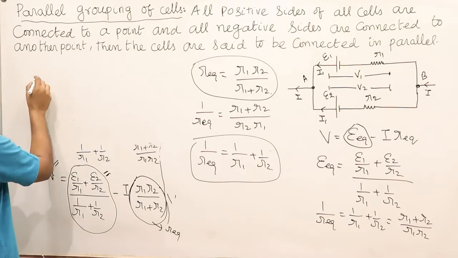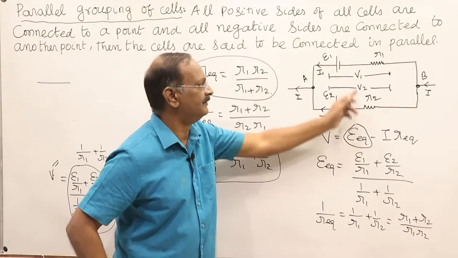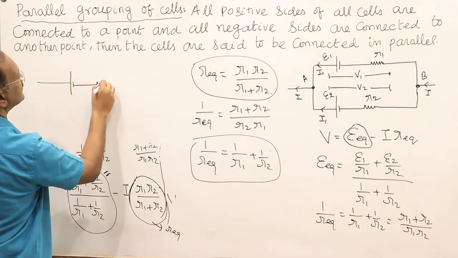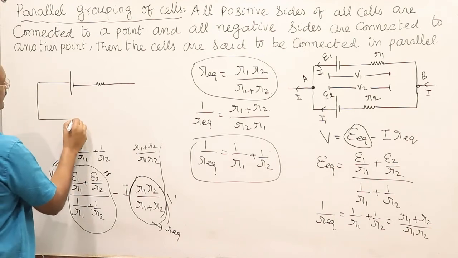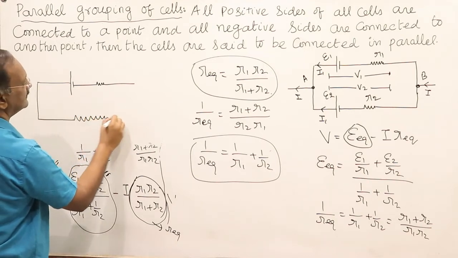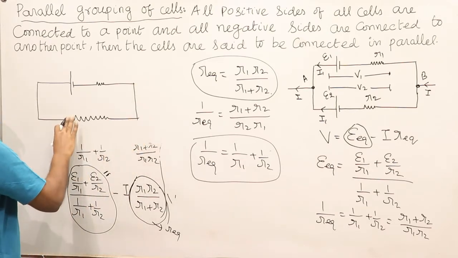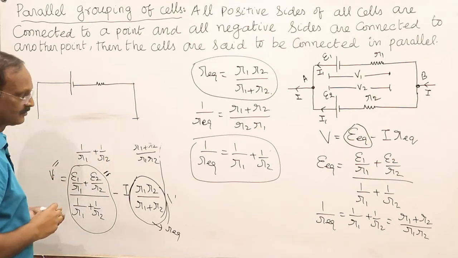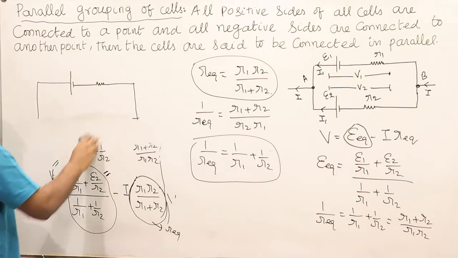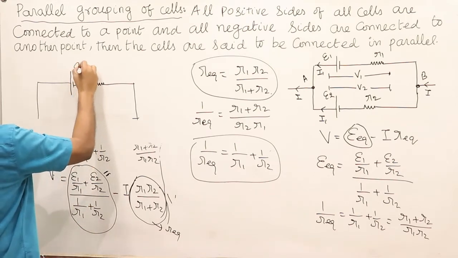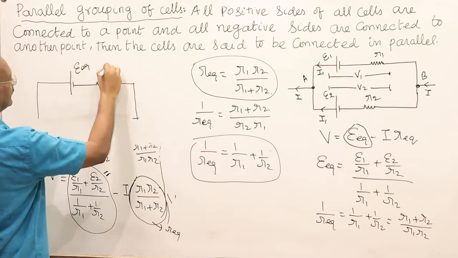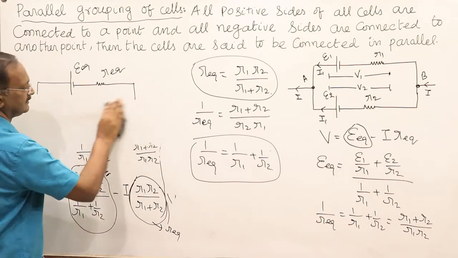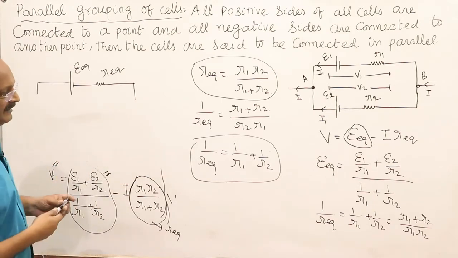Combined circuit diagram: this combination is made into one, that is a single circuit having an EMF and internal resistance, and of course, to deliver the power it is connected to an external resistance. At the moment we will not concentrate on this one. We will see only, when the cells are grouped, how we can find out the equivalent EMF and the equivalent internal resistance, which is given by this equation.